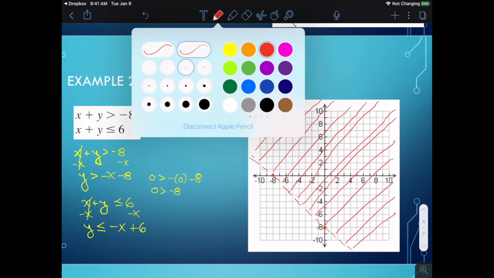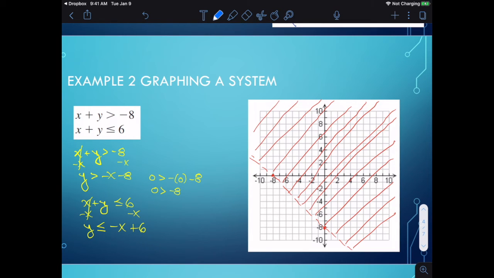We'll graph that one in a blue. And we're going to start off by putting a dot at y equals 6, because we're looking at y is less than or equal to negative x plus 6. So we know that's going to cross at 6. It's also got the same slope of negative 1. So that means we're going to go ahead and put a point like that right there. And I'll put a couple extra points to help me draw this. And we should be able to draw a solid line because it's less than or equal to that passes through